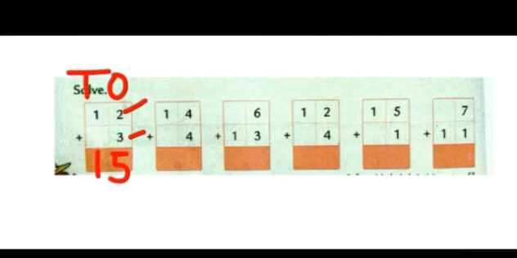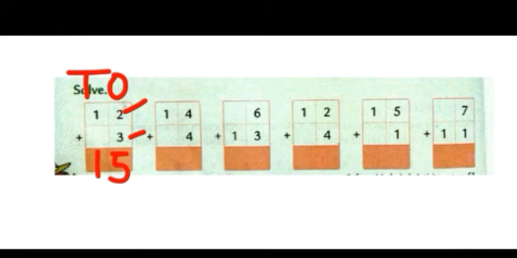Now we will solve these sums given on the same page, that is page number 46. Okay, let's begin with the first one. This is the ones side and this is the tens side. First step says always begin adding with the ones side. So what are the numbers given here? 2 and 3. So 2 plus 3 is how much? 5. So 5 will be written in the ones side. And now second step, we need to add the tens. Only 1 is there in the tens column. So that 1 will be written as it is.